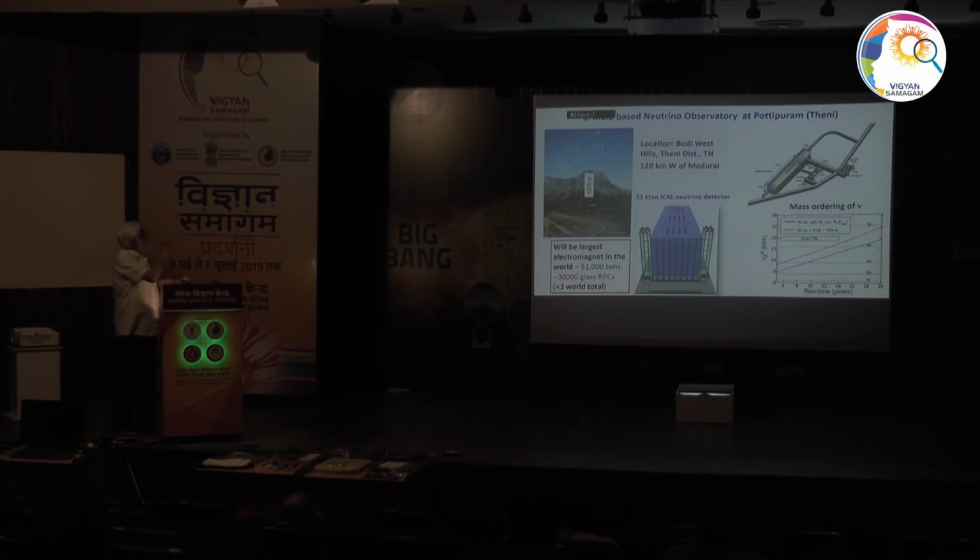So we hope to build this India-based neutrino observatory, where we hope to measure these atmospheric neutrinos in a huge detector about the size of an Olympic-sized swimming pool, 50 meters long, about 16 meters wide, and about 15 meters high, with about 51 kiloton of iron, 51,000 tons. It will have layers of iron and RPC, so-called resistive plate chamber glass detectors, which detect the muons and give its position x, y, and the layer number gives the z. So the position is identified, so the track can be built, reconstructed,